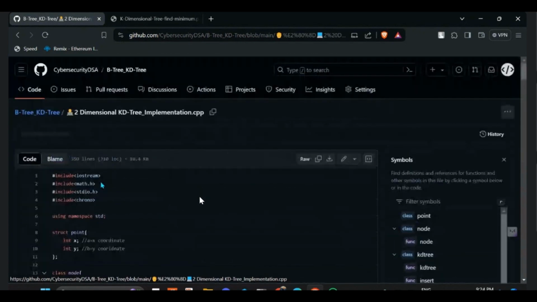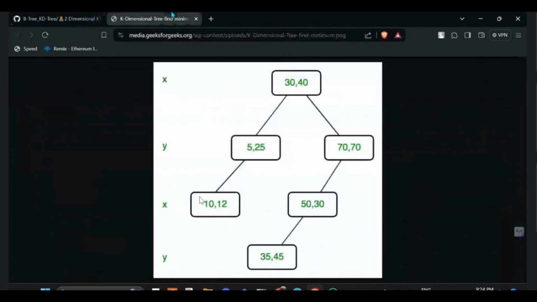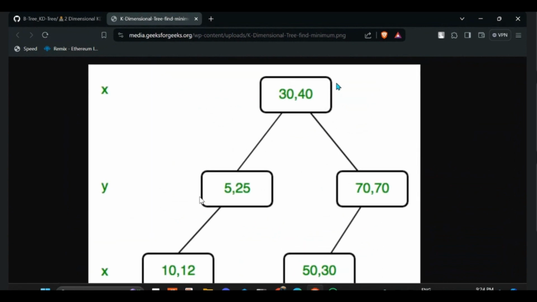Before taking you to the code, I'll just show you a sample KD tree. So this is a sample KD tree. KD tree means it requires two coordinates, X and Y. Basically, it works on spatial indexing. So the major concept is the key value,